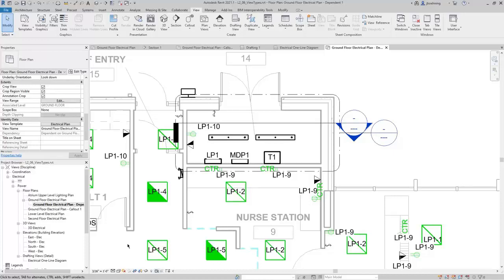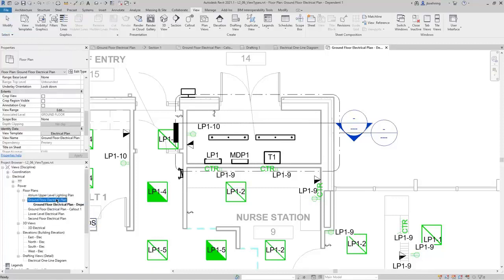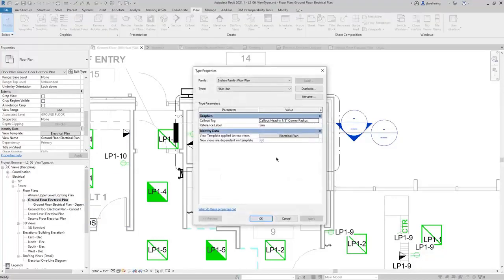And lastly, we'll talk about view properties. If I switch back to the parent floor plan view, I'll click Edit Type to open up the Type Properties dialog. Here you can see that there are type properties for the floor plan view type. You can adjust the callout tag, the reference label, and you can also control the view template that is applied to new views. Not only that, you can then choose whether or not the new views are dependent on